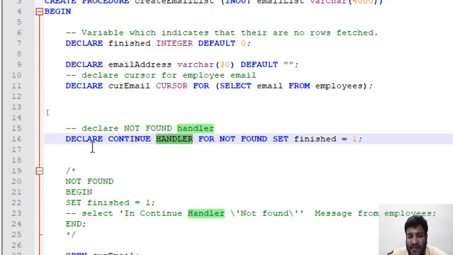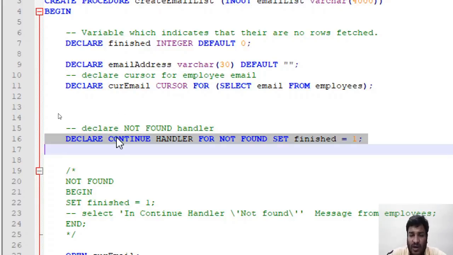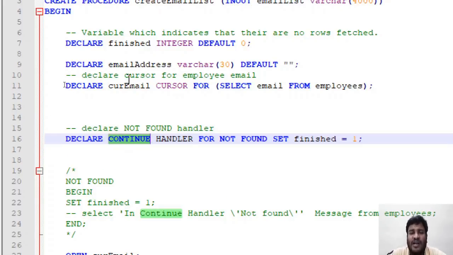After every loop, this handler is called. A cursor requires a loop because every table has so many records, so you need to go through all the records one by one. When we say continue here, it means that the first iteration of the cursor is over, then the second iteration will start, then the third iteration will start.